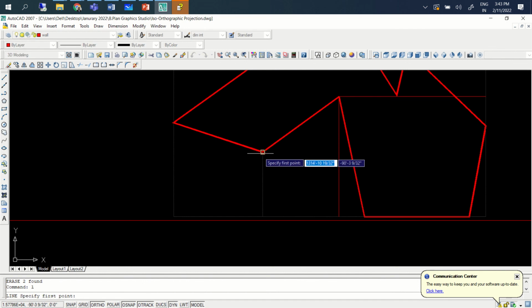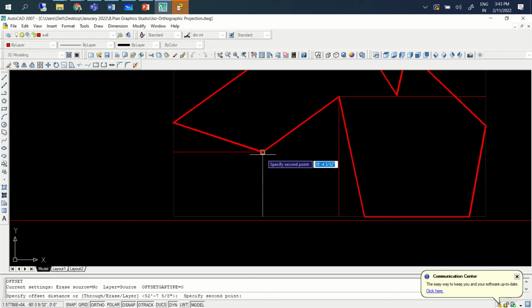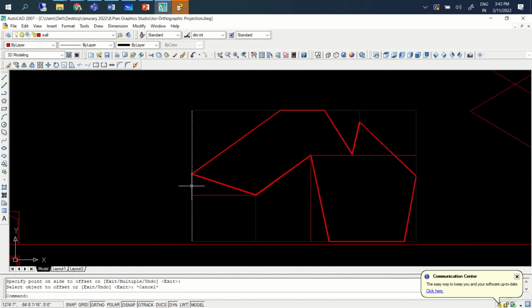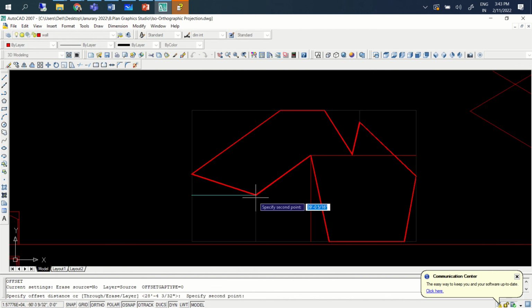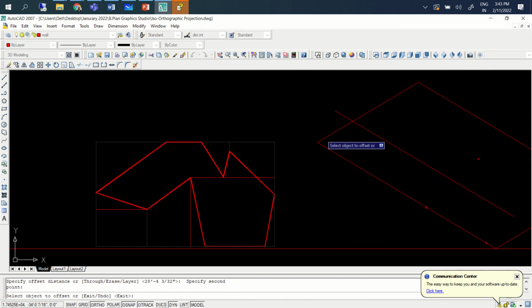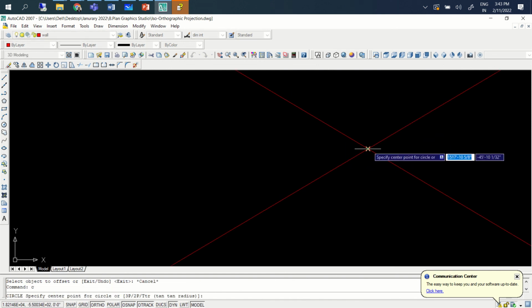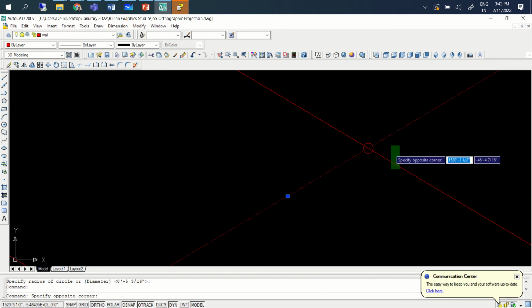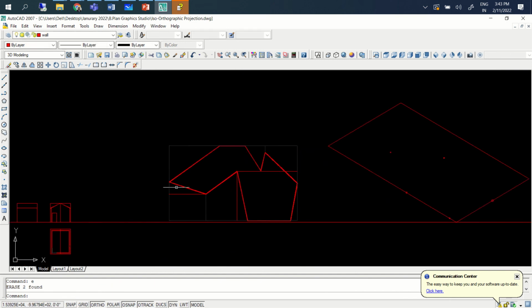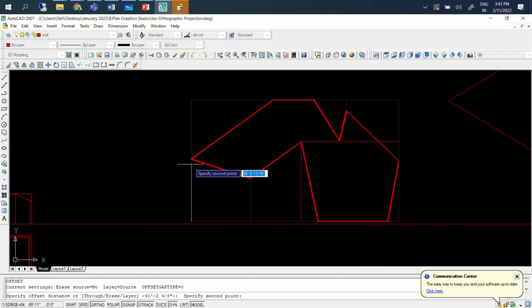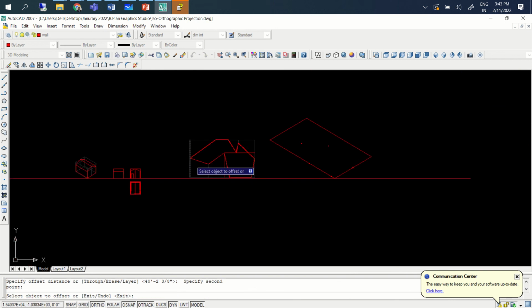Let's take reference from this side and this side now. I'll take from here, then we'll take from here. This is the intersection point. So we have got this point as well. Now this point, this is easy. We already have this box. So